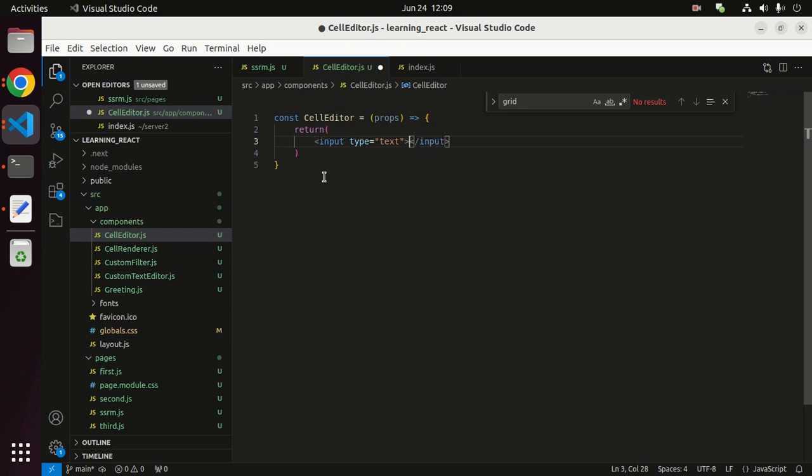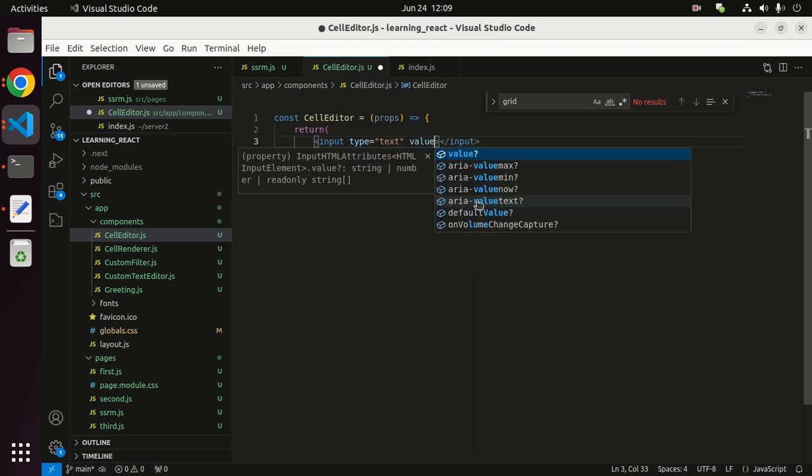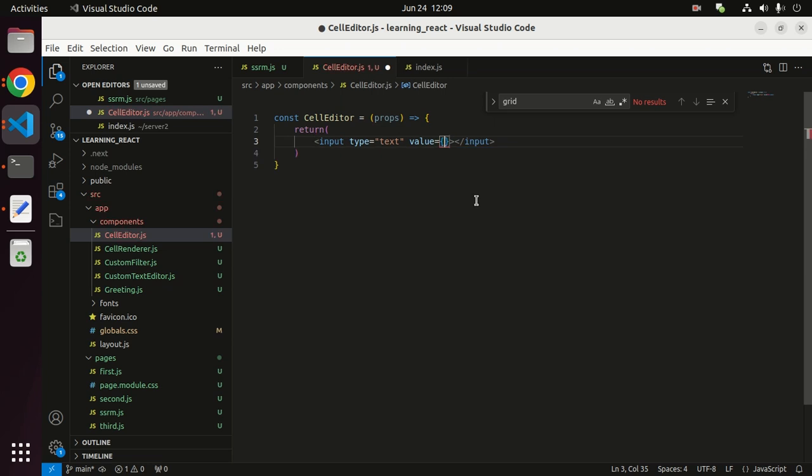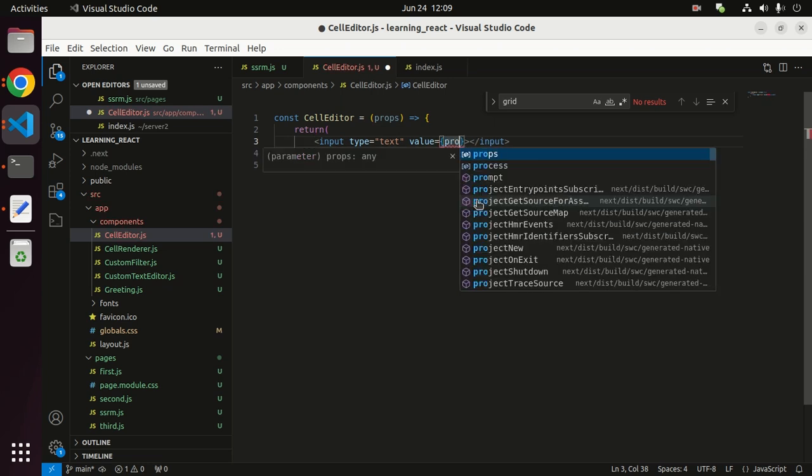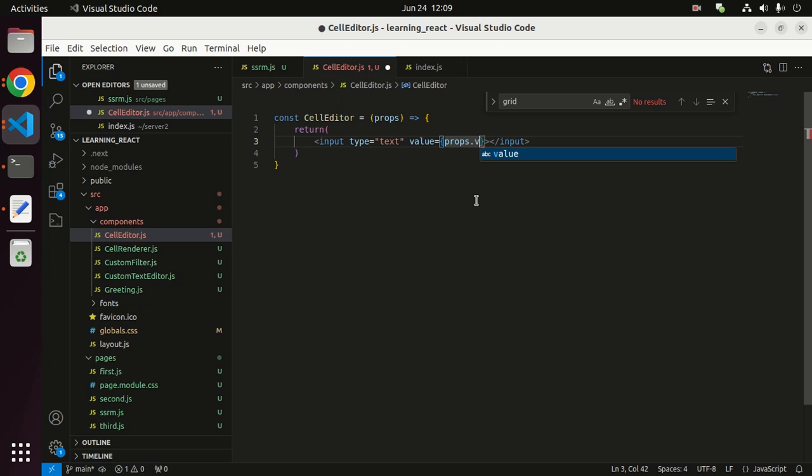We are displaying the value equal to props.value. Here in the props we will get the value of that cell. Okay,